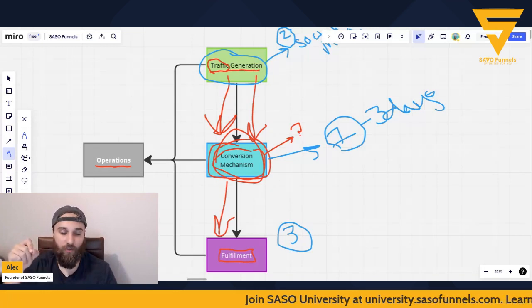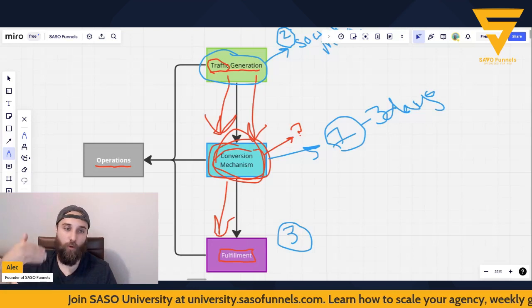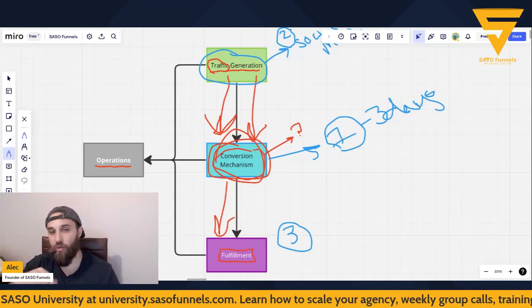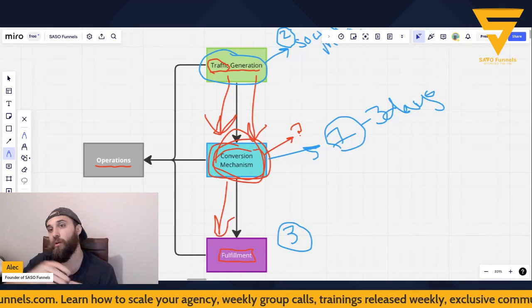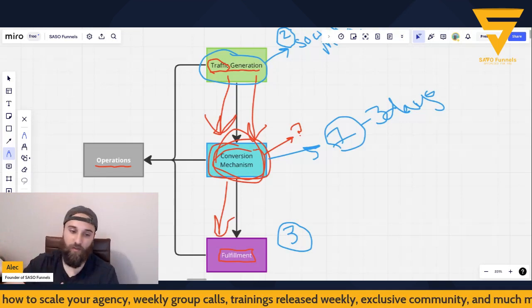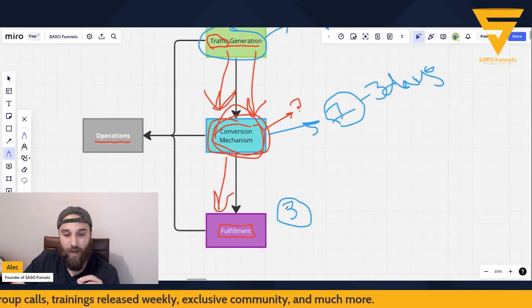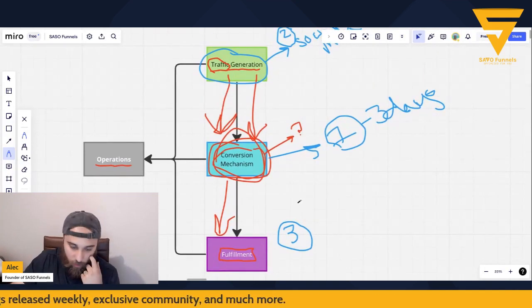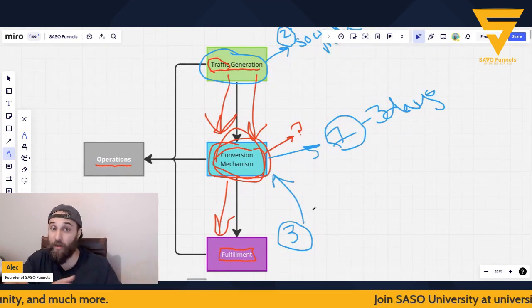And so the beauty of it is, as you work with more clients and as you document more and more, you can start to build out the standard operating procedure. This is the way in which you complete tasks from start to finish. And as you're documenting the fulfillment aspect, you can also document how you built your conversion mechanism, or maybe how you're building conversion mechanisms for clients.